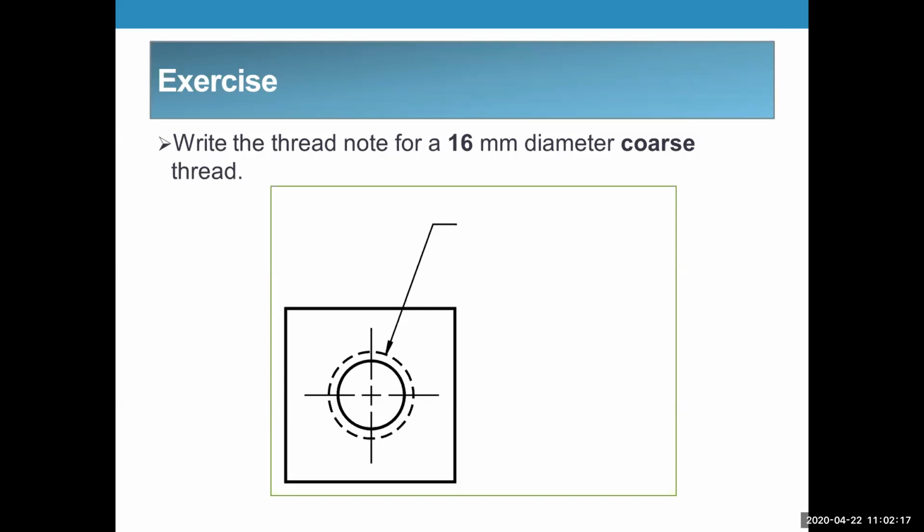So now we want to write the thread note for a 16 millimeter diameter coarse thread. The first thing we're going to write in there is the M16, probably by 2. So we look at that chart and we look at the M16 for coarse thread, and it's going to be M16 by 2. It tells you exactly what it is right there in the chart. And so the other information would be,